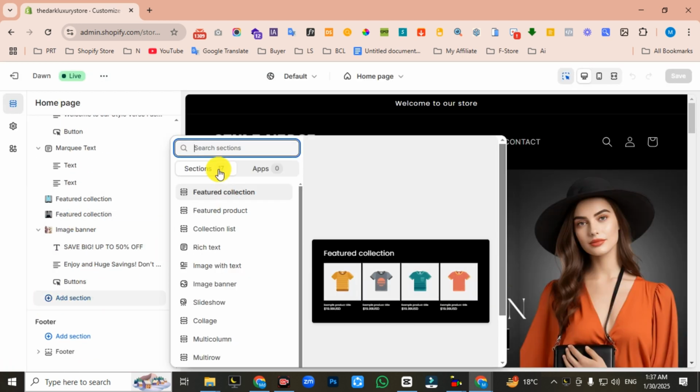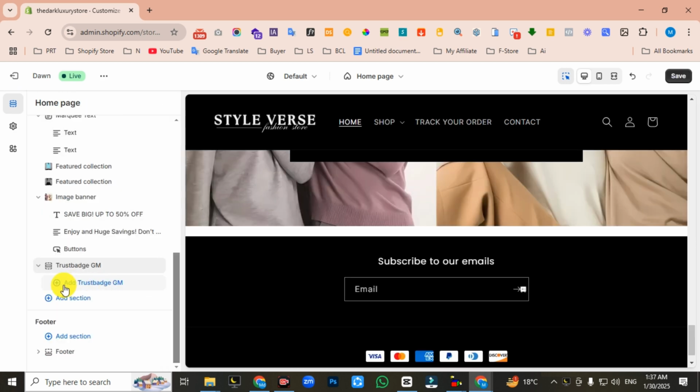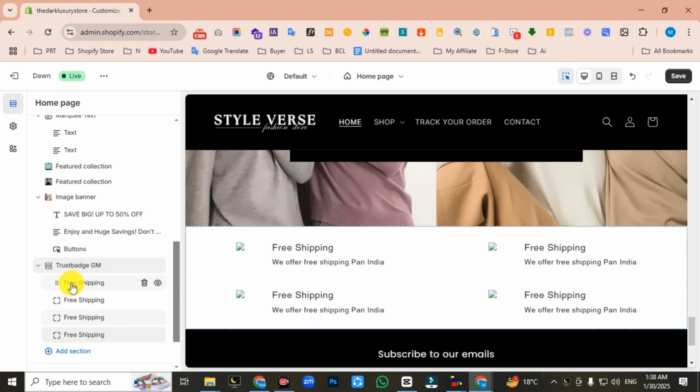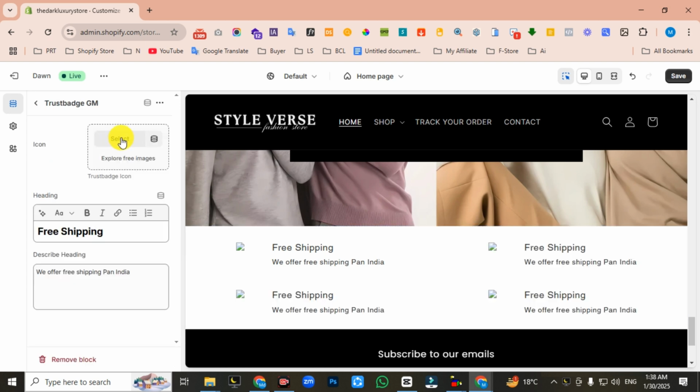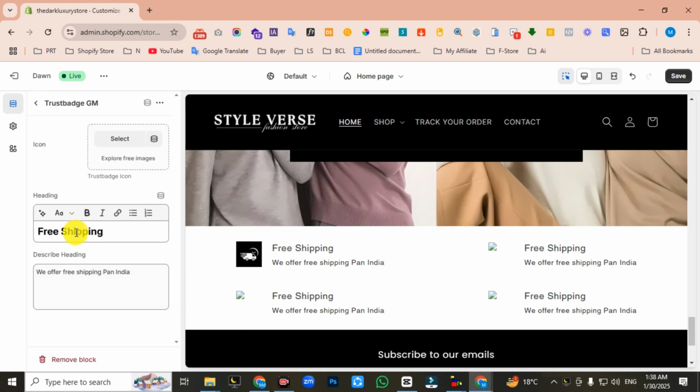add section, then search here trust base, then add this trust base section, then click on this add trust base and same way again click this 4 times, then click on this free shipping first one, then add your shipping icon image banner here, then go back, then click on this second free shipping text and replace the text, then